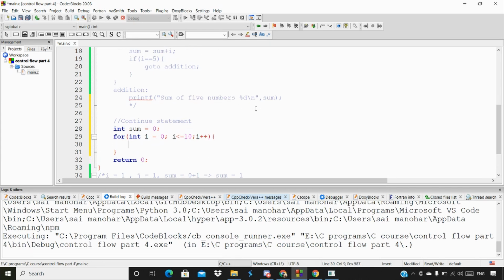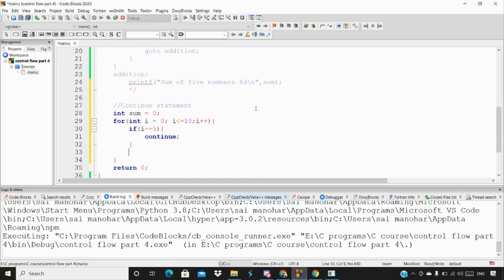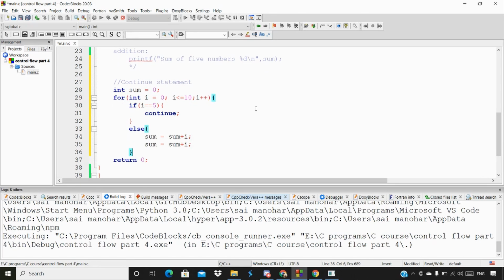Within this, I'm going to write an if condition: if i equals 5, then this particular line of code is going to execute. I'm going to mention the continue keyword here. Otherwise, it's going to add and store inside the sum. That's what I'm doing here.